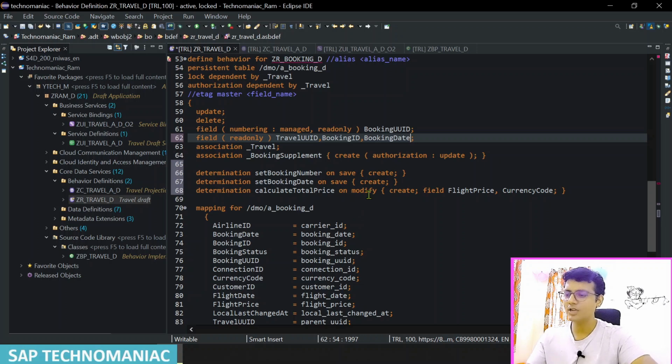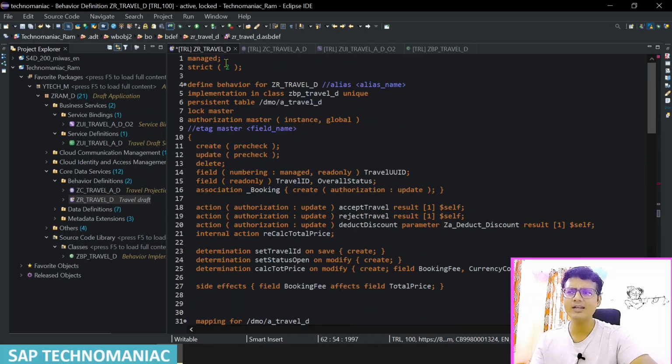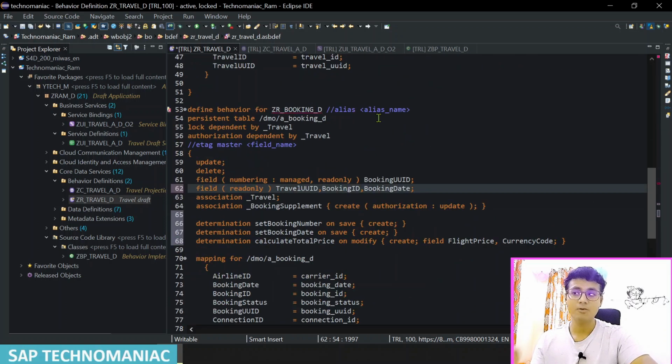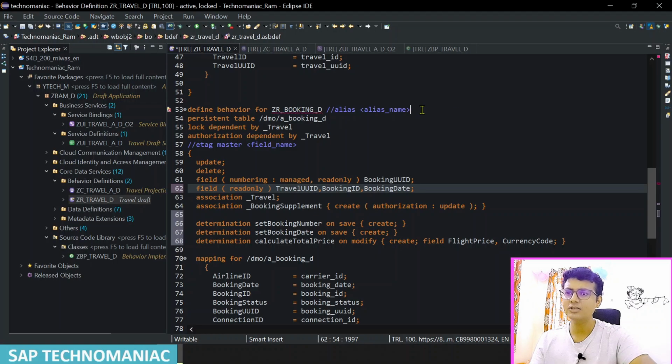Let me do Control F3, but one error we will get, that we have to define the class. We didn't define any behavior pool class for our booking entity. As I told you, we should always define a separate class for each and every entity, or you can do one class at the header level, but that is not the recommended approach. Always for each entity you should have a separate class. Let me define that quickly, one line of code only. Control C and Control V,